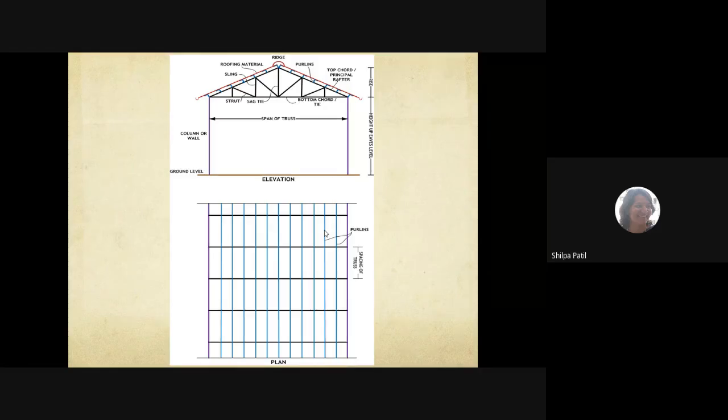If you were in the college right now, I could easily show you, because we have two shades, or rather three shades in our college. One shade is our workshop building, where you did your concrete technology or MOS 1 practicals, our material testing lab. That workshop building is nothing but an industrial shed. It consists of trusses. Our canteen building also consists of trusses. It is again an entire steel structure.